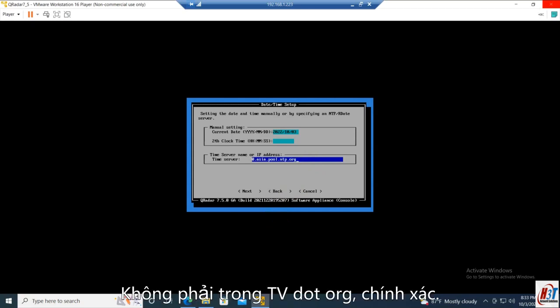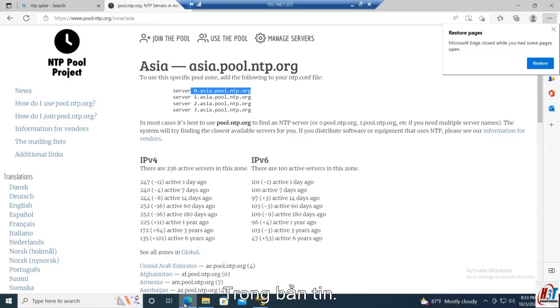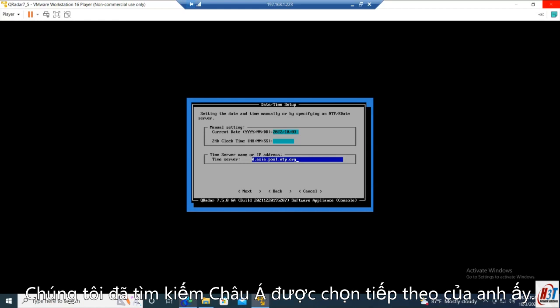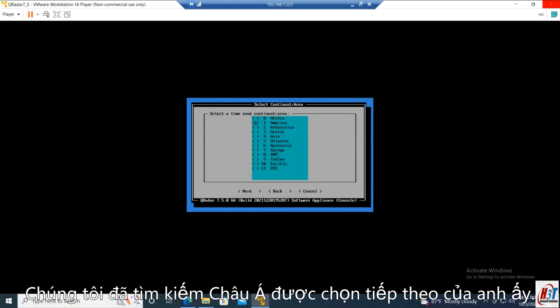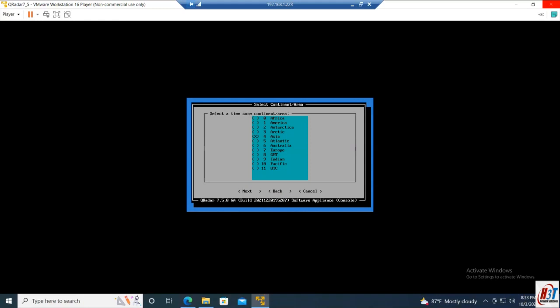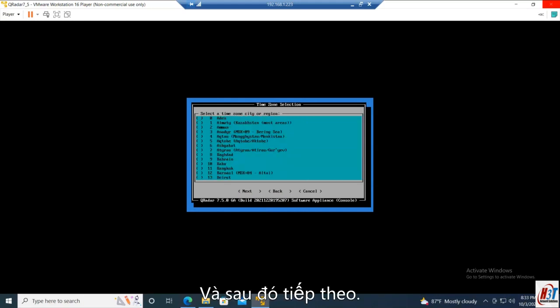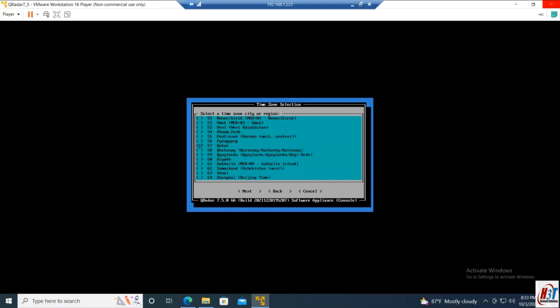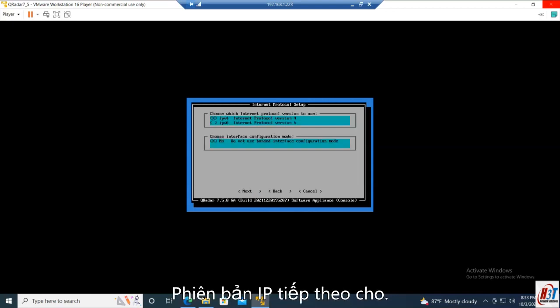asia.pool.ntp.org. Am I correct? asia.pool.ntp.org. Okay, press next, select Asia, and then next, and then Qatar. Okay, next, IPv4, next,